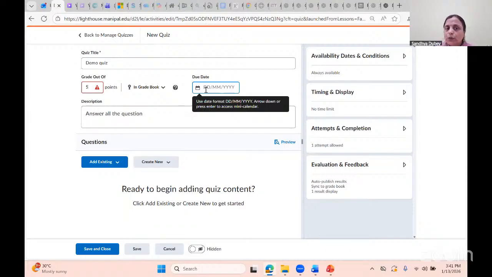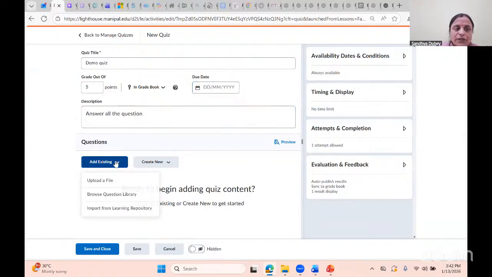See, if I schedule the quiz without a due date, students will not get the notification in their calendar. They need to go to the quiz and check whether the teacher has scheduled it or not. If you are taking this assessment inside the class, fine, you can tell the students that you have scheduled the quiz and ask them to check it. Otherwise, it's better to always have the due date. If you have the due date, it will be reflected on the calendar and on the home page that an upcoming quiz is there. So be ready, this is the due time.